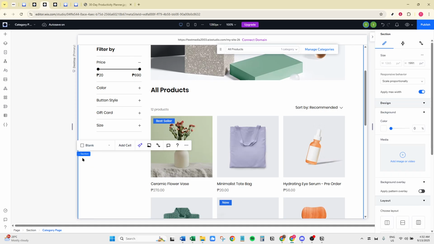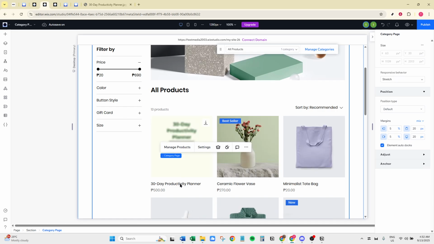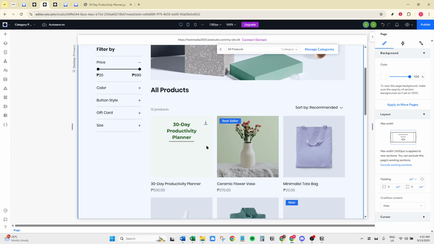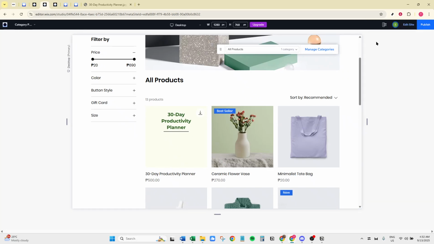With payments sorted, it's time to customize your product page layout. Personalizing this area can greatly enhance user experience, providing a direct impact on sales. Once satisfied with your setup, click on Preview to see how everything looks. If all is well, hit Publish. Your digital product is now live and ready for the world.